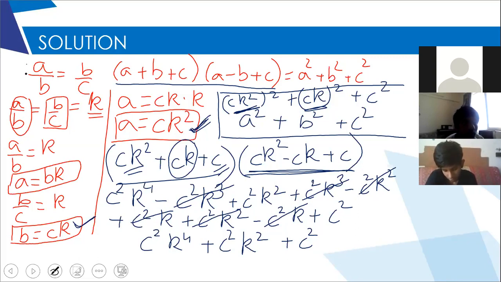So now this concept, which was the ratio concept, this is not the first time you're dealing with it; you have done it in your earlier classes also. I have just used that concept along with your simple multiplication. Here, not even a single identity is used. It is more of ratio and constant and simply multiplication of two algebraic expressions.